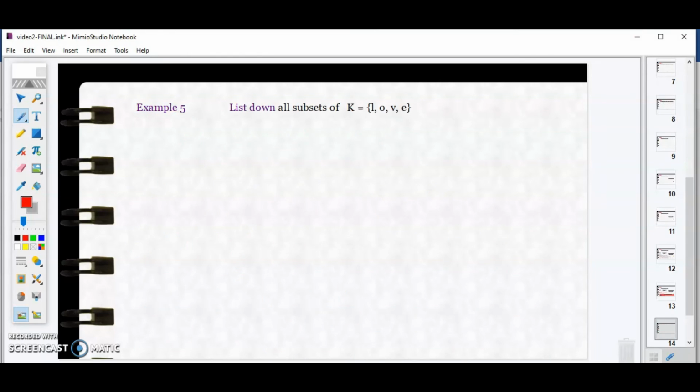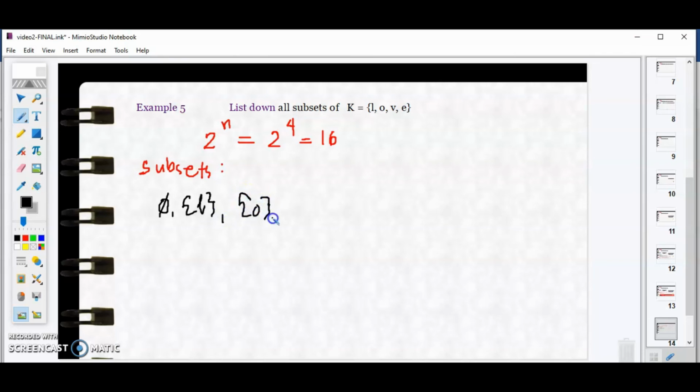Now, let's have the next example. So here, we have to list down all subsets of K. But para may guide tayo, we use the formula 2 raised to n to determine the total number of subsets of this given set K. So, meron siyang 1, 2, 3, 4. May 4 siyang elements. So, ibig sabihin, dapat makapaglista tayo ng 16 subsets. So, let's start. Okay, so label muna natin yung subsets dyan. And I'll use black. So, we will be starting with the empty set, followed by L, then O. So, maging organized lang. V, set of E,